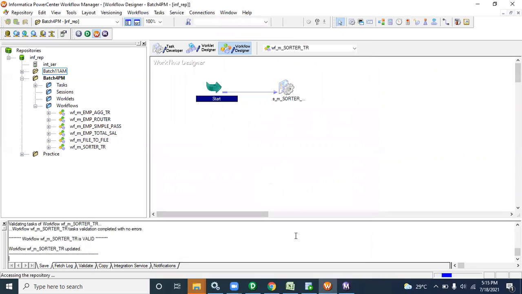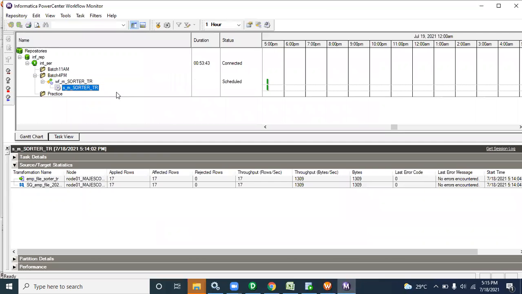Just click OK and Control S, then you can see it's scheduled and the status will change. The workflow is scheduled to run every 1 minute. Those types of functionality are also there.